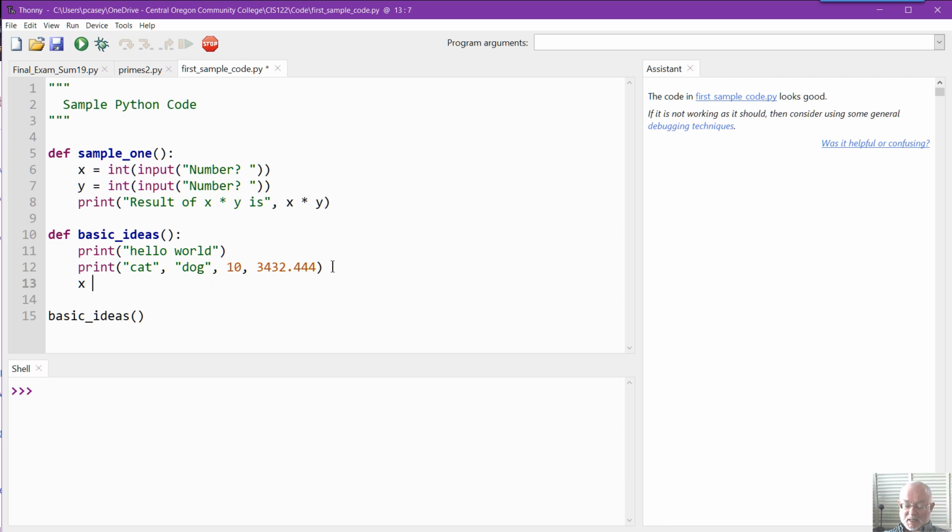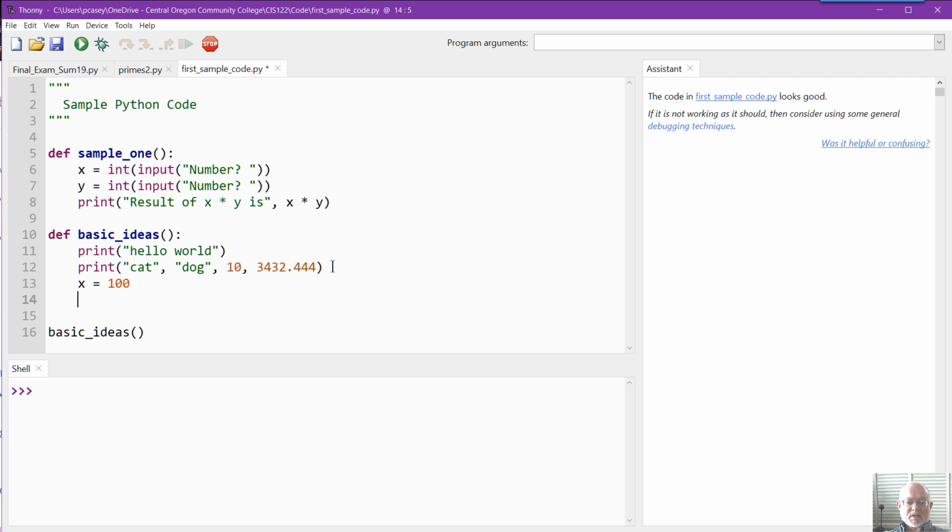I'll give the name x, and then I assign the x name to the object 100, and I do that with the equal symbol. Notice the spaces around the equal symbol there, that's for readability. It's not required, but I ask you to think about the readability of your programs and therefore use spaces around